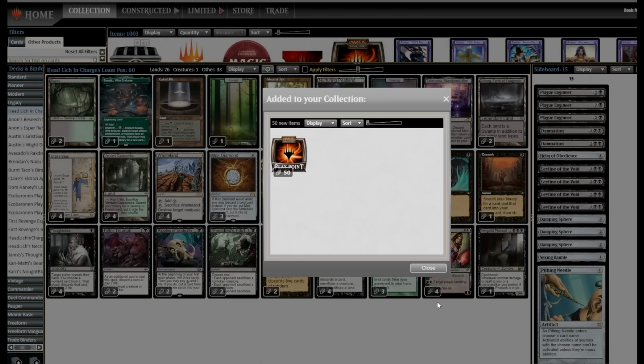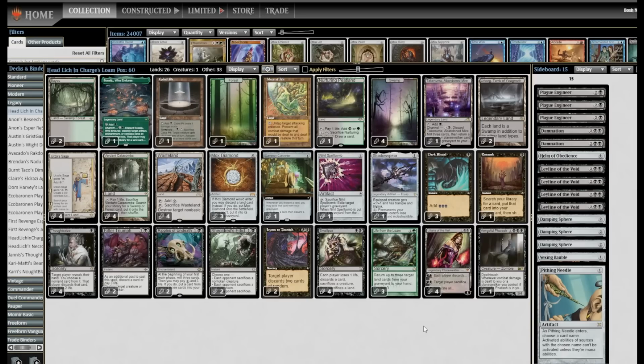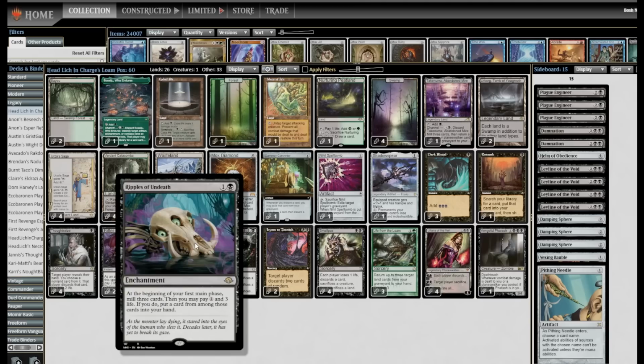GG's. Another day, another awesome league with Loam Pox. The league was not positive, 2 and 3, but all the matches were close, and the wins were so satisfying. Things that we learned: Ripples of Undeath is awesome, but with the speed of this deck, decking yourself might become a concern when you have complete control of everything, except suddenly you only have the size of your deck